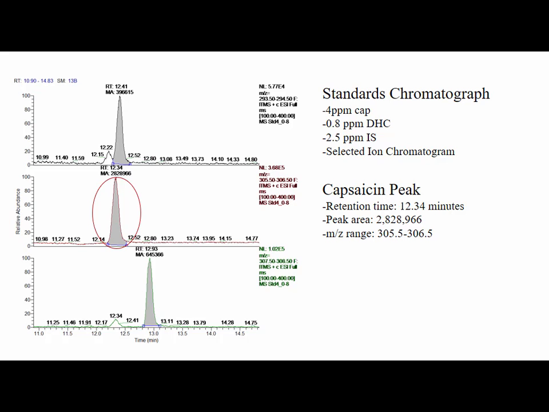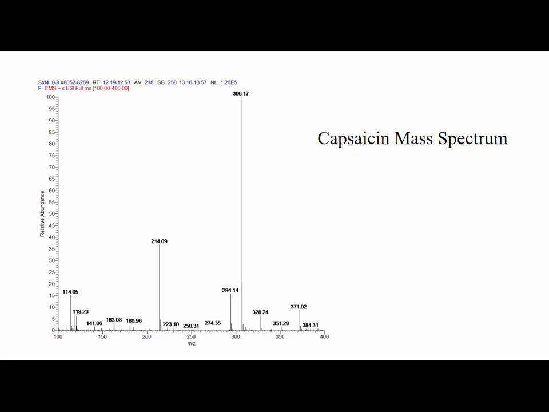If I were to separate this chromatograph into 3 parts, starting here is our capsaicin, which has a mass to charge range around 306. And this is due to the protonated version of the capsaicin having a peak here at 306.17. Something else to note on this spectrum is actually our internal standard that happens here, the protonated form at 294.14.